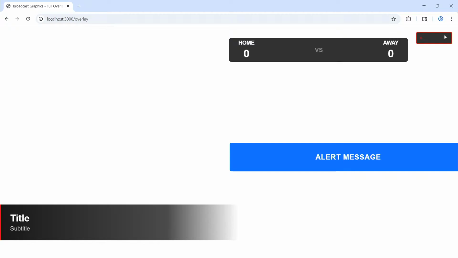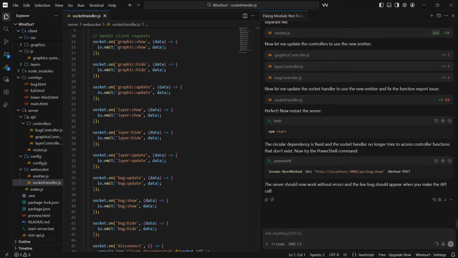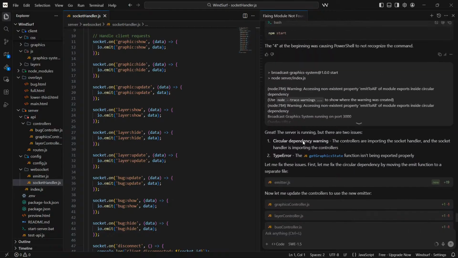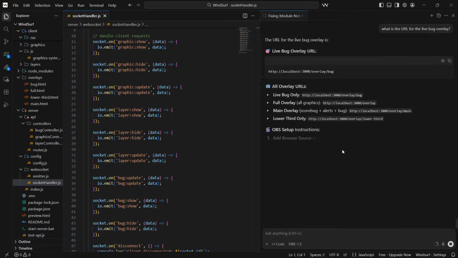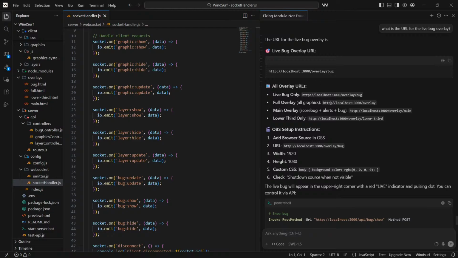Oh wait, it did. There's the live bug. Why didn't I see it though? What is the URL for the live bug overlay? So if we go here,